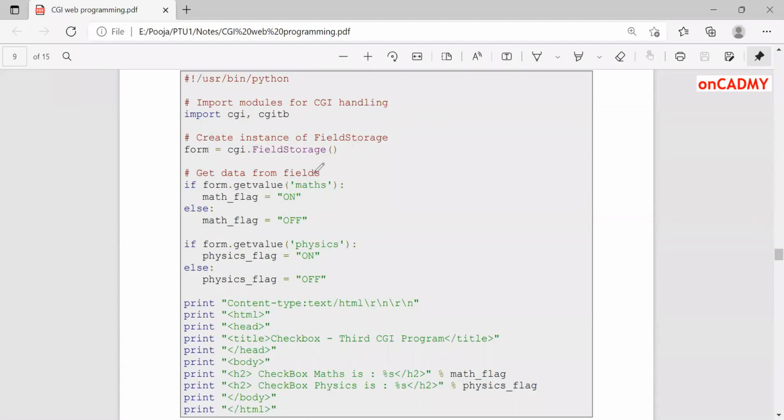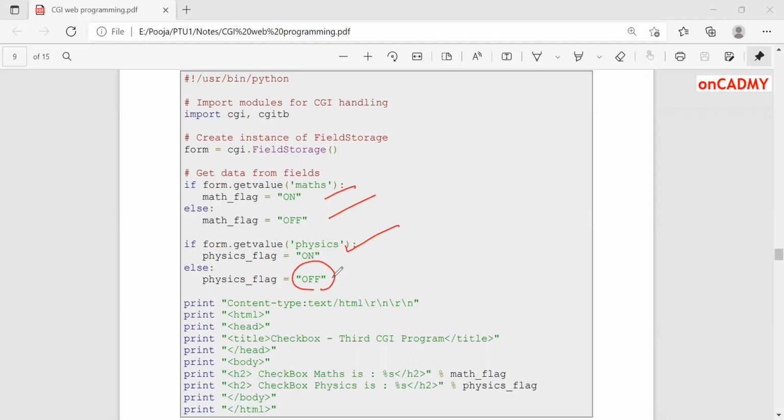If form.getvalue maths, then math flag will be on, else math flag will be off. Similarly, if form.getvalue physics, then physics flag will be set as on, otherwise it will be set as off. And then we need to display the result on the web page, on the browser also.